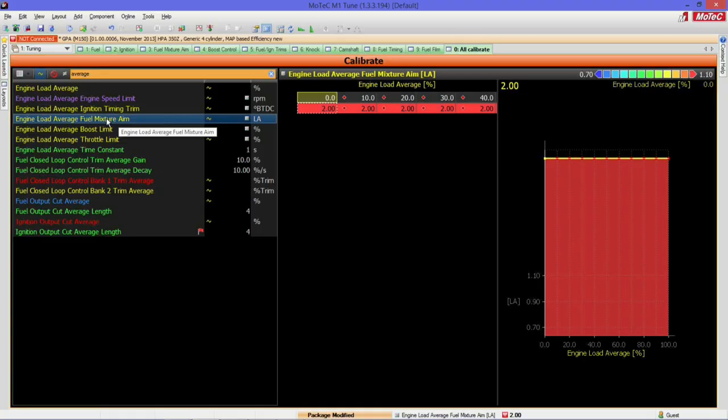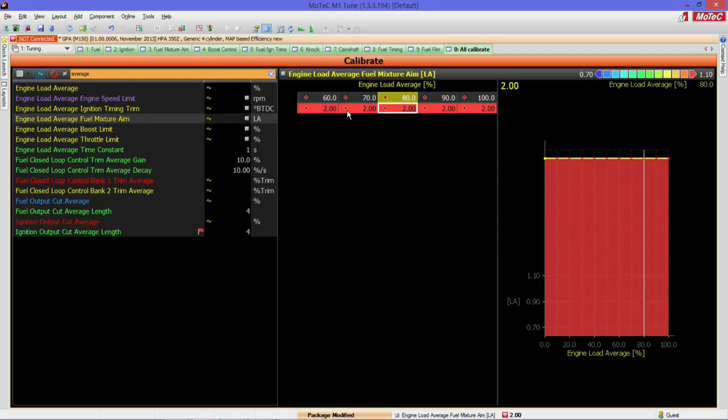At the same time, we can vary the fueling using our fuel mixture aim table here. Now, what happens in the Motec M1 is the ECU has a number of mixture aim tables, and the ECU will always reference the one that has the richest number in it. You can see all of these numbers at the moment are set to 2.0, obviously a ridiculously lean number that we're never going to target. What that means is the ECU will disregard this table, and it's going to use the main target air fuel ratio table. However, if we get to 80%